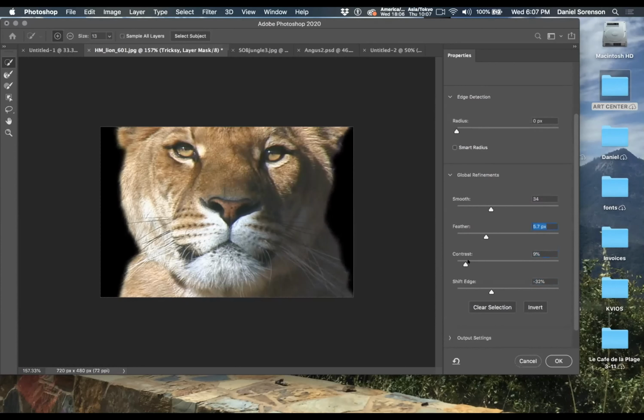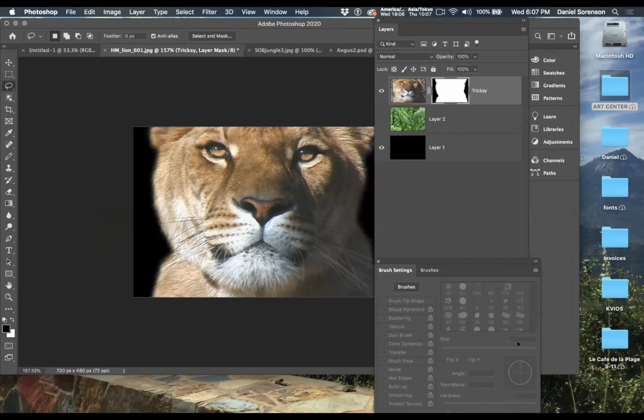We'll be talking about this a lot more next week. I just wanted to give you a heads up on this. This is one reason why you do not want to delete the background. If you deleted the background, we wouldn't have the opportunity to soften this edge and really fine tune it, because the pixels would be gone. But this way we've got a lot we can work with. So that's one reason I want you to use layer masks and not